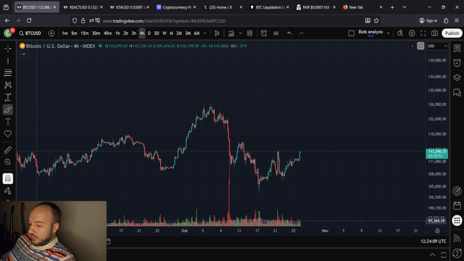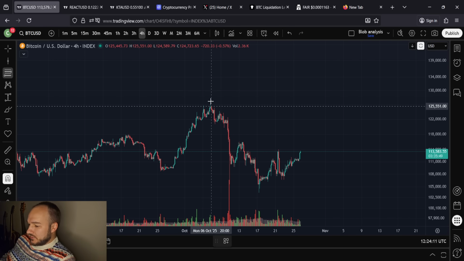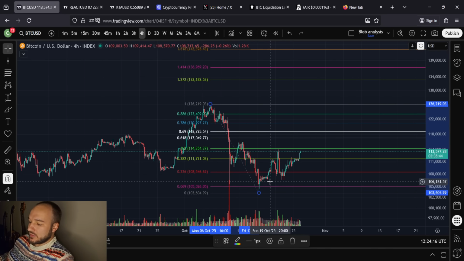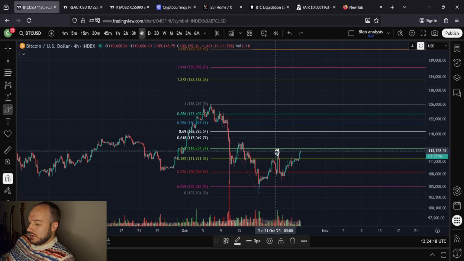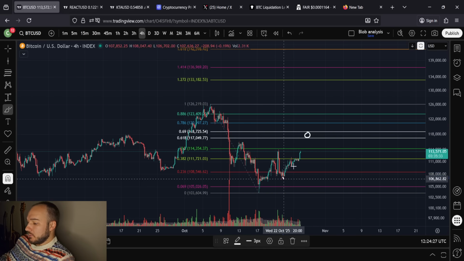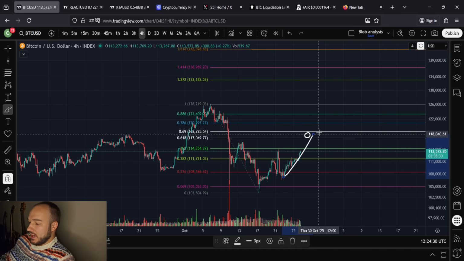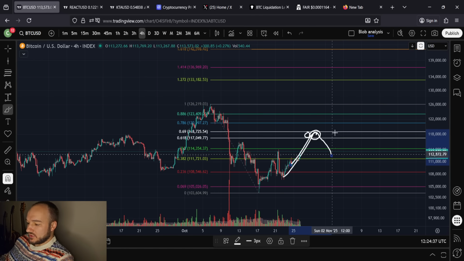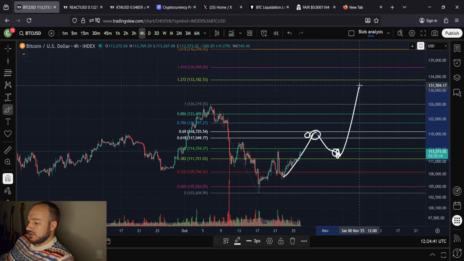And again, I really wouldn't be surprised if as soon as we got above these highs, that's where we find our top. And by our top, I mean a momentary high, right? Like this was a momentary high, and here we are 3 days later, and we're going to contest that, right? The golden ratio right here is at about 117 to 118K. If we keep moving at this trajectory, boom, that's the 29th, 30th of October right there. That could be a good place, buy the hype, sell the news. Could be a good place to come down, correct, find support down here, right where we are now, and then continue to move up, something like that.